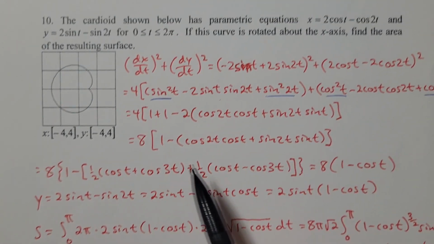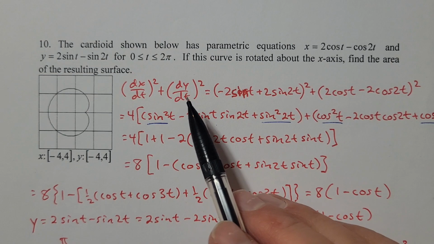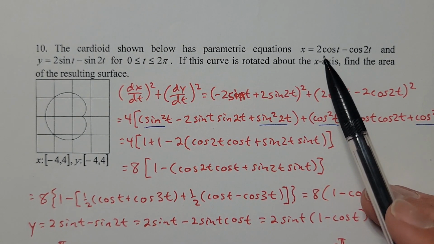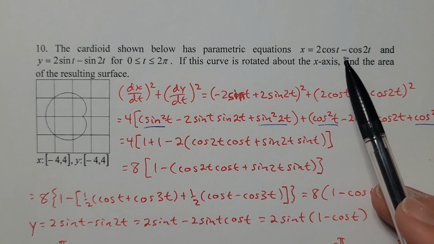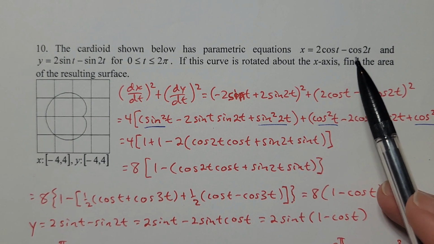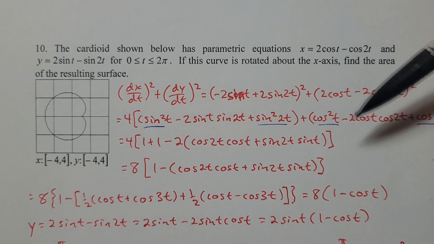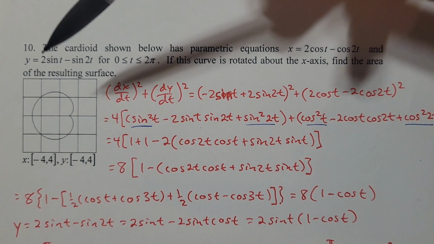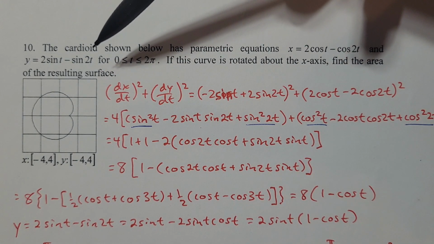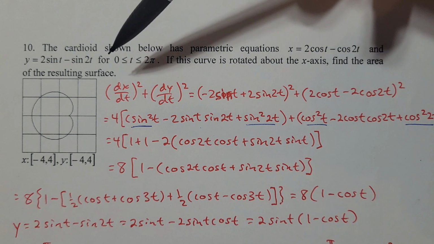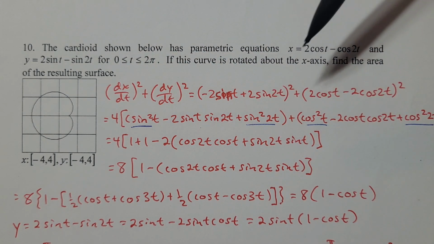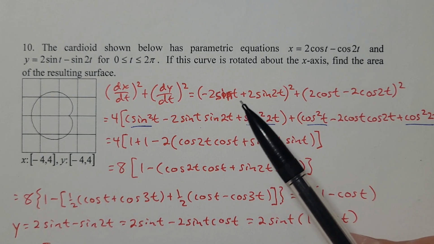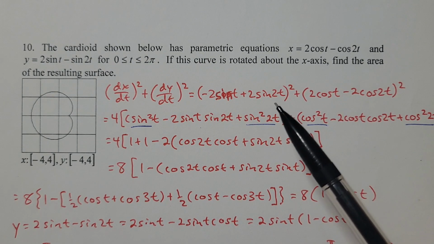Okay, so let's see, dx/dt squared plus dy/dt squared. So when I differentiate x, I get negative 2 times sine t plus 2 sine 2t. I'm squaring that. And then plus, it's going to be dy/dt squared. That's 2 cosine t minus 2 cosine 2t, squared. Okay, so we've got to simplify this. Now, if I were to square out negative 2 sine t plus 2 sine 2t,